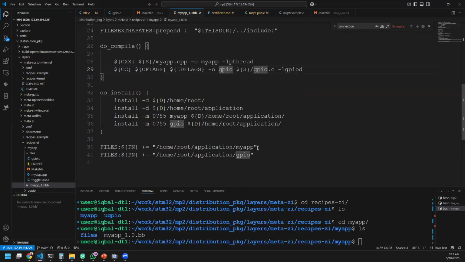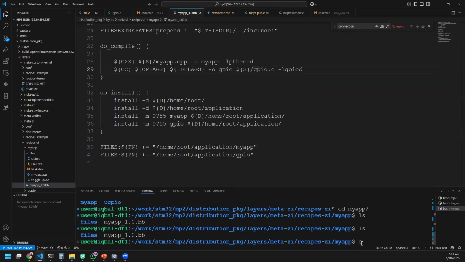So these are basically certain things. So this recipe is completely written by the user. That's me here in this case. Next is